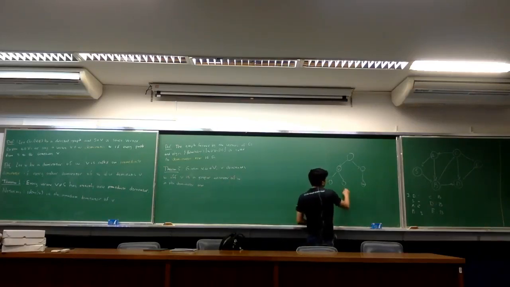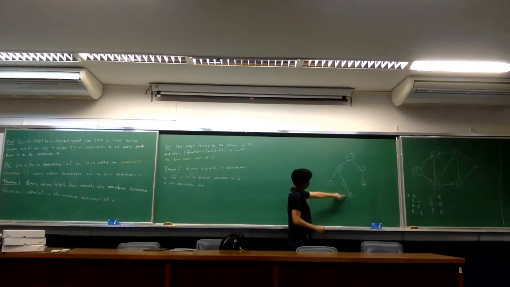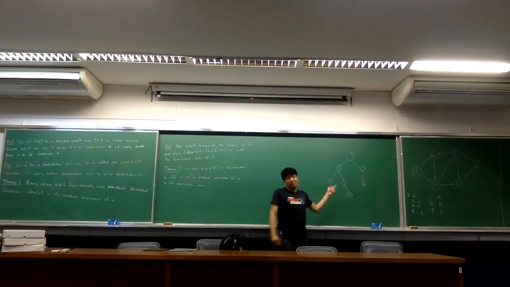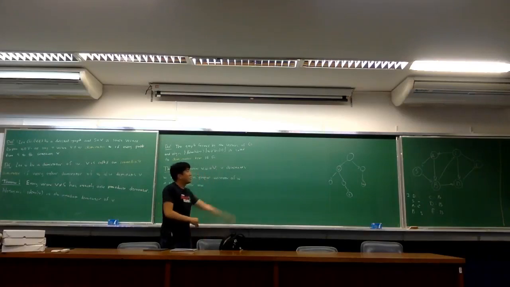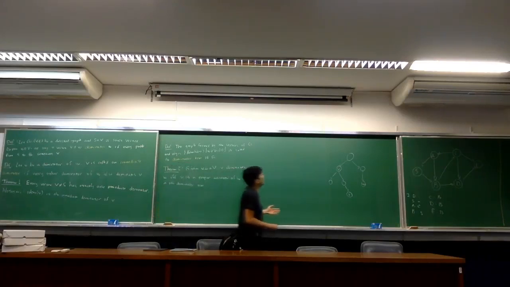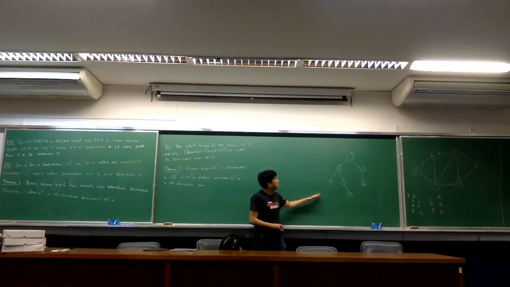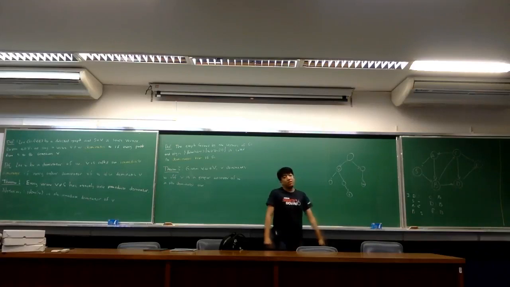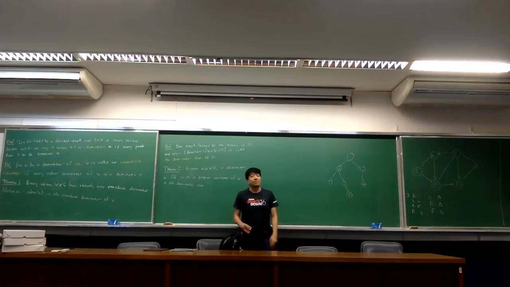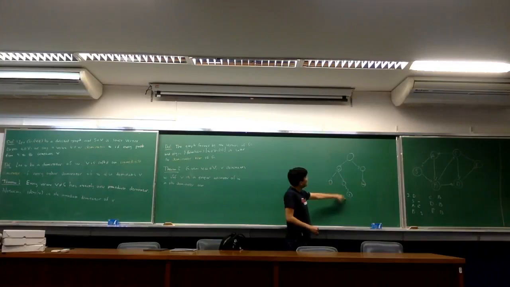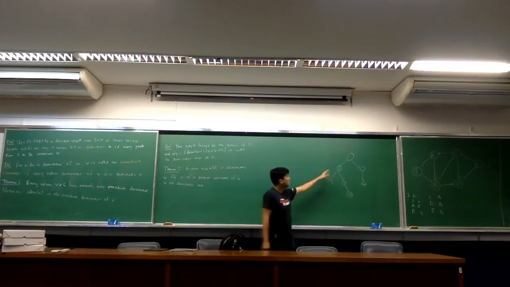So if vertex X is a descendant of vertex V, then we know that V has to dominate X. And this is pretty cool, because if we have the dominator tree of a certain graph, then we can check basically in constant time whether one vertex dominates another one. Because checking descendancy in a tree like this can be done in constant time with some precomputation. You guys know how to do this.